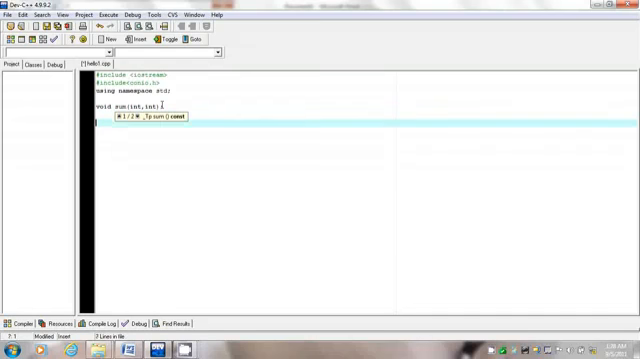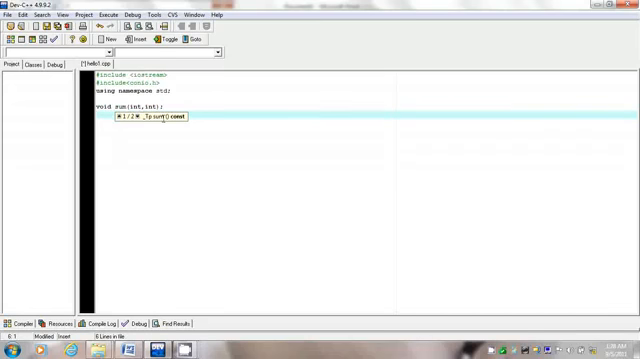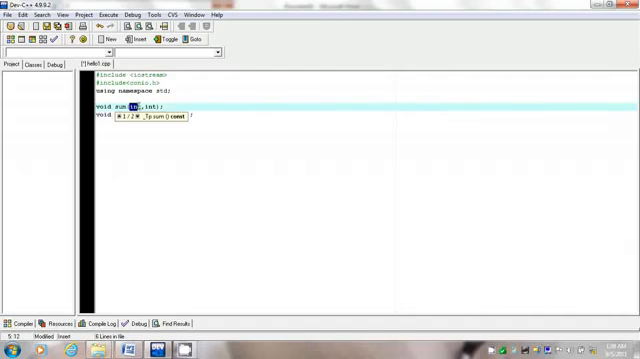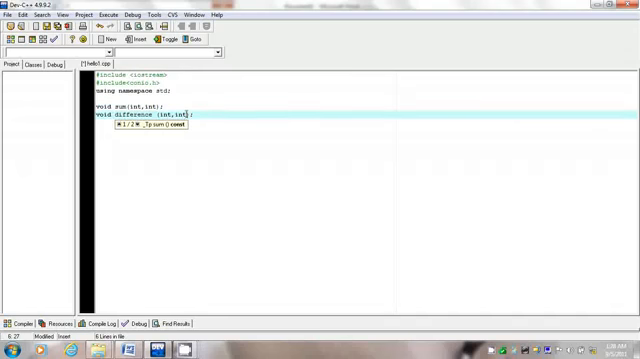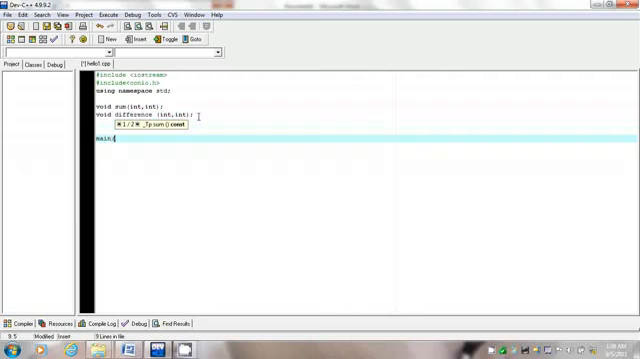After that write void difference and int. There you go, void difference. So I have declared two functions, sum and difference, and two parameters are there, int and int. There you go. After that main function,